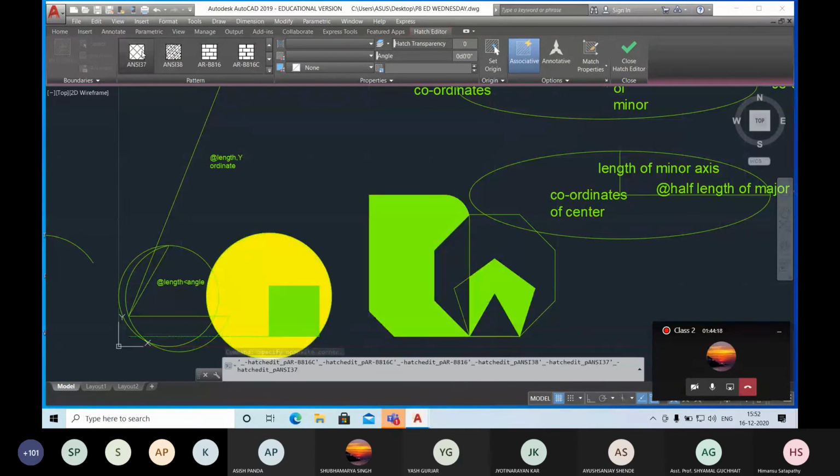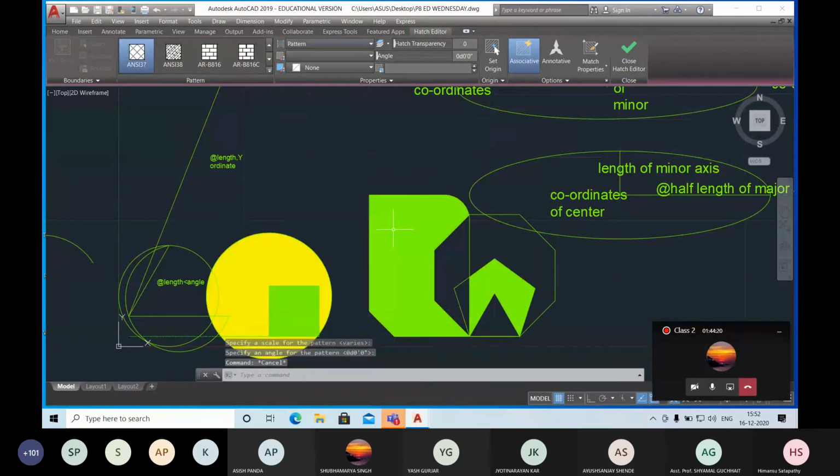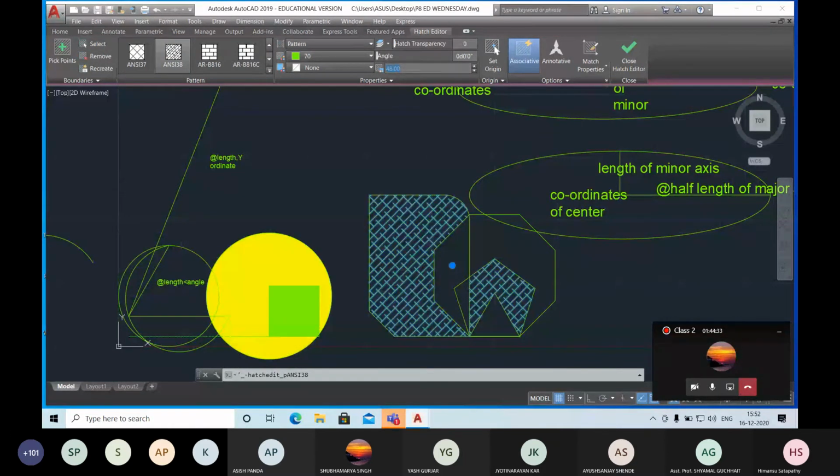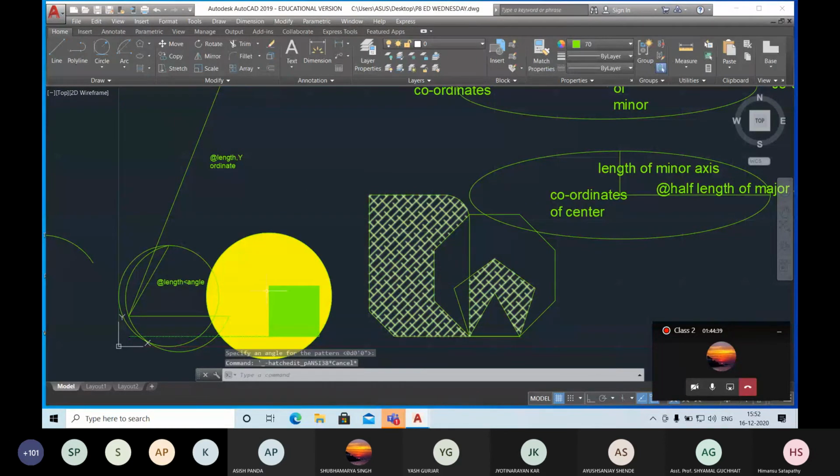If I go for this pattern, you could not see any patterns, sorry. So you can go for this one. You can change patterns if you want. If you can't find the pattern, then you have to increase the scale. This is your scale. When you increase this, I have made it 48. This is called the hatch pattern scale. Now you can visualize the patterns.